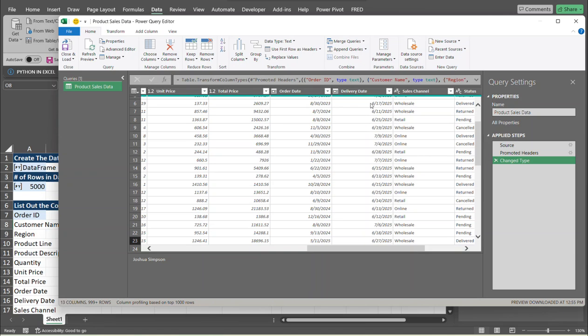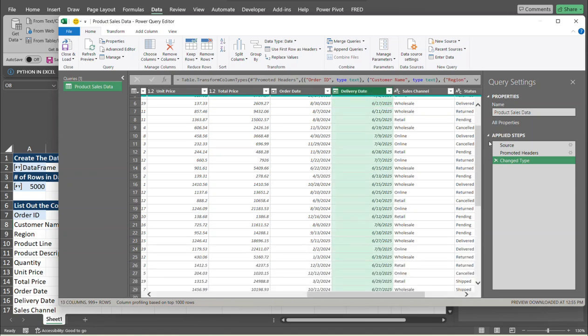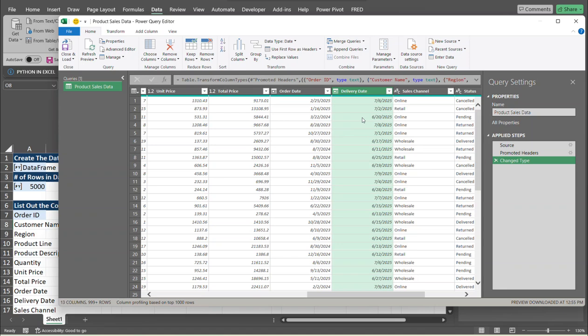Here's the delivery date. Okay. Let's look at this. Now let's query this. And I basically want to return rows in here that match what we just stated in Python. So I want to look at the delivery date that is before today's date. So I select the delivery date column, and then